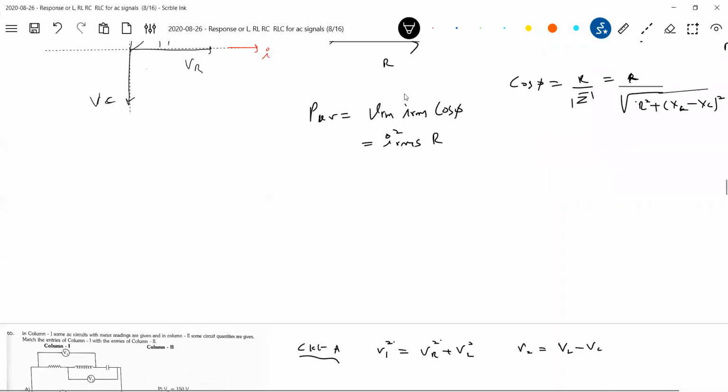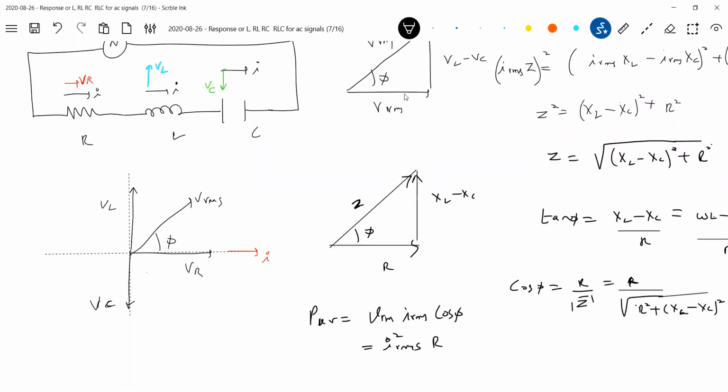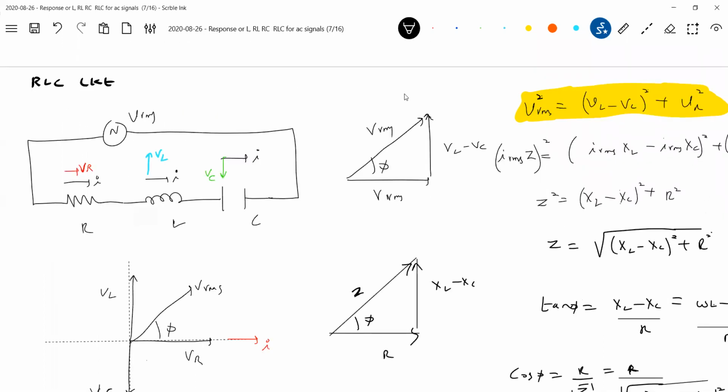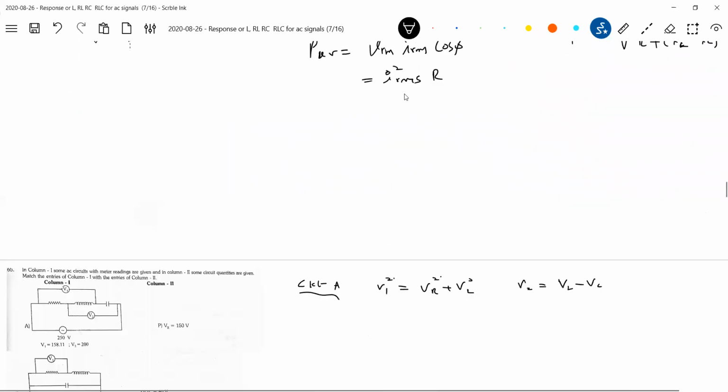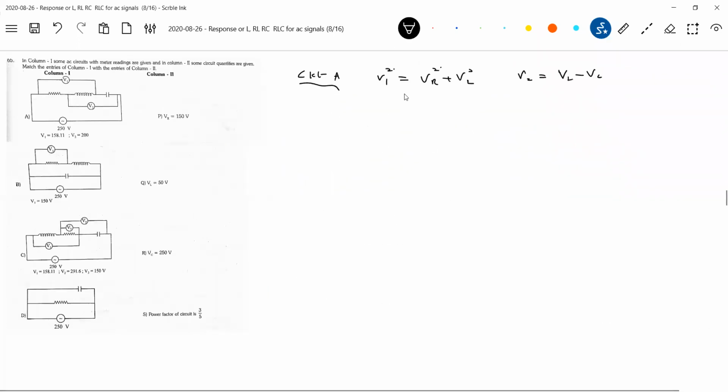But sir, why don't you write V1 like this? Go back, we have just discussed here. No, tell me how VL and VC will be opposite. So can I write the resultant as VL minus VC? You can't write VRMS equal to VL plus VR. It is the vector sum of voltages. The whole AC circuit is all about this; if you can digest this, the problem is over.